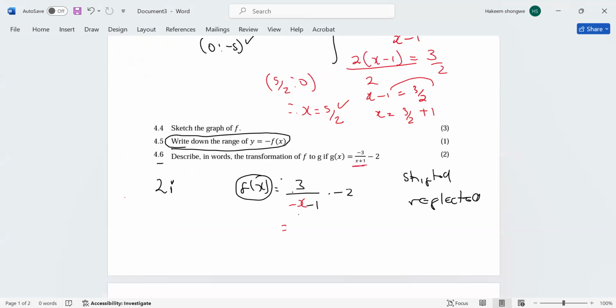If we take out a negative as a common factor, so we have 3 all over minus open bracket, we have x plus 1 minus 2. And then, whether the negative is on the numerator or on the denominator, it doesn't matter. So we can write this as minus 3 all over x plus 1 minus 2. The only thing here, because it's 2 marks, is that it was reflected